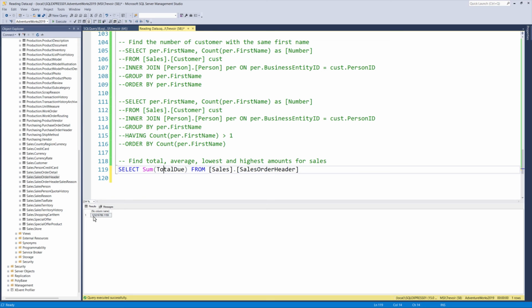I don't even know what that numeral is. I would love to have it in my bank account, but we'll get there eventually, right? So that is the total for all the sales that have happened in this database as at the time this query is run. So now we have the total. What about the average? The average amount. So for the average sale, right, how much do we make? Well, for the average sale, we make